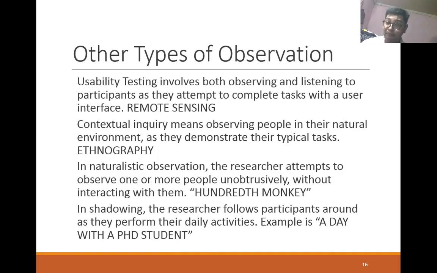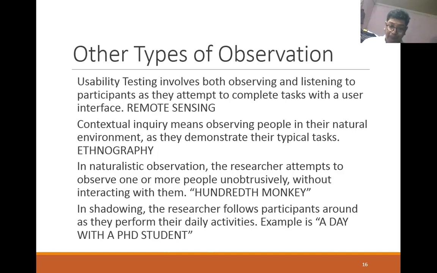Yan. Susunod, in naturalistic observation, the researcher attempts to observe one or more people unobtrusively without interacting with them. The 100 monkey. Binigay ko halimbawa 100 monkey. Kasi in Japan, may mga nag-observe doon ganito. Hindi sila nakikita eh. Pinag-aralan nila. So, merong mga sweet potato, ang tawag ba, kamote. So, yung unang generation ng mga monkey doon sa island na yon, yung kamote, kinakain na nila ng direkta. Ibig sabihin, madumi. Ngayon ang ginawa nila, yung isang unggoy, nakita niya sa isang tao, nakita niya lang sinubukan ng mga scientists na hinugasan yung kamote, edi malinis na. Tsaka kunyari kinain ng scientist, tapos nakita ng isang unggoy. Hanggang sa pagkalipas ng second generation, lahat na ngayon ng unggoy naghuhugas na ng kamote. So that's the 100 monkey effect.